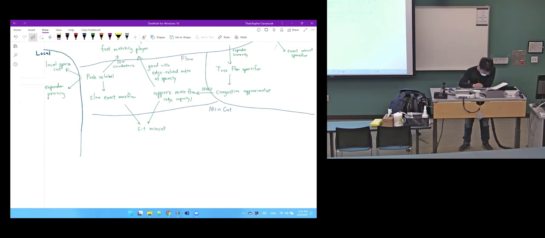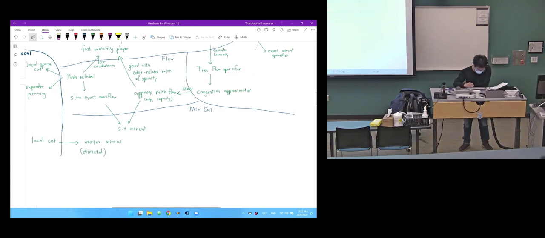For example, we have seen the local cut algorithm. It gives you vertex min cut, or even directed. It works in directed graphs too. We have seen other tools